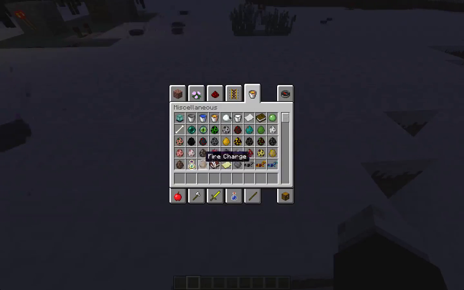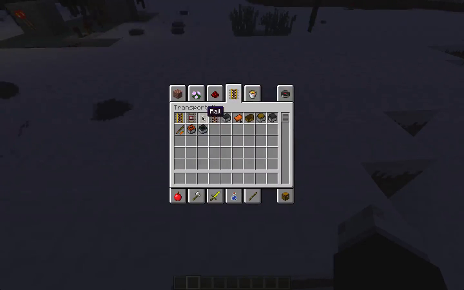In the last snapshot, doesn't really need to be gone over that much, but they've changed the way minecarts work. Now they've changed it back since then because you used to be able to go really fast, a lot faster than before, and the reason why they added that,